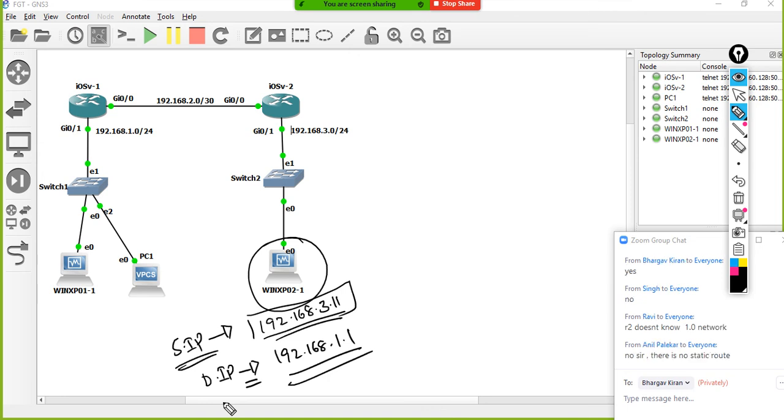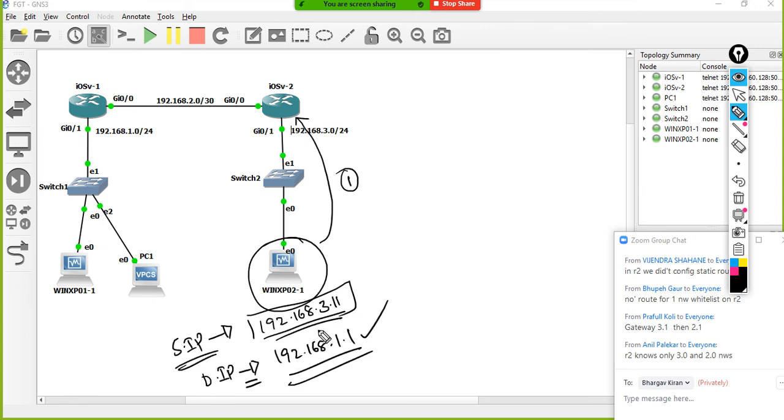3.11 belongs to router 2, and for the source IP, we have 3.11. 3.11 is your PC, right? First, this will go to the default route gateway. After that, it will check its routing table whether we have the routes for 1.1 or not. And if in case it does not have any route,